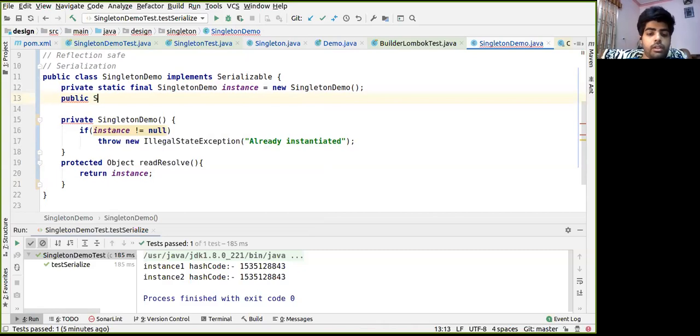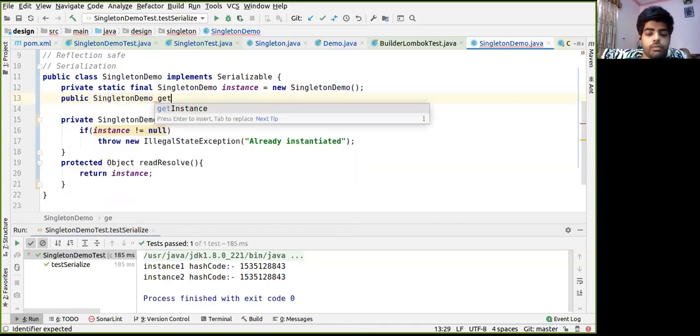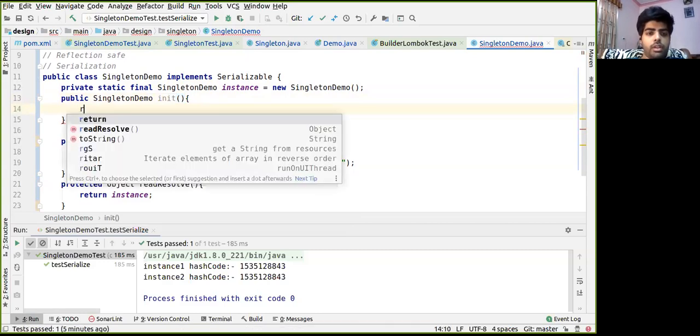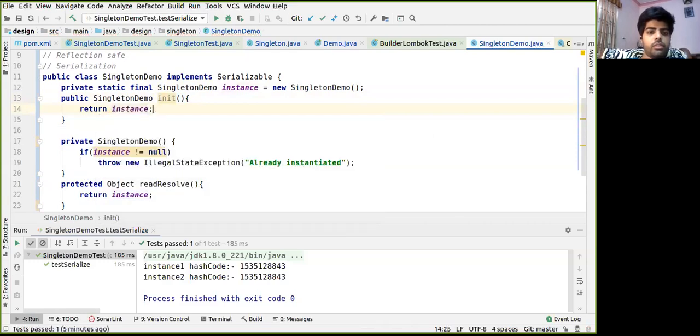So we'll create a method which returns this instance, get instance, or we can use a create method, whatever we like, and we can return the instance. Okay.